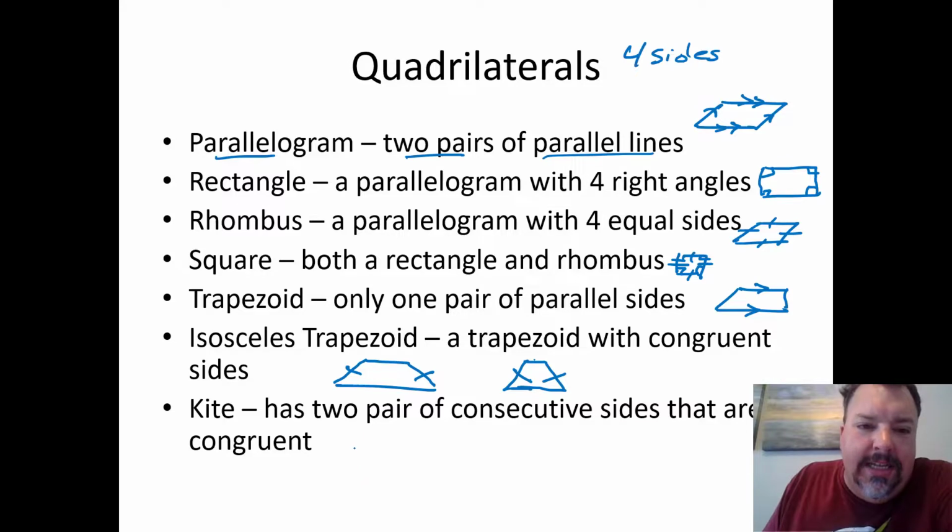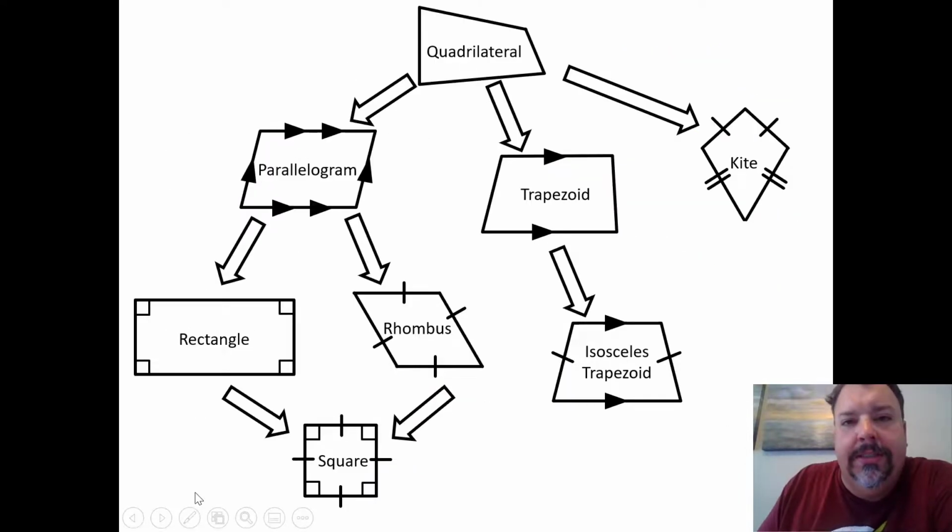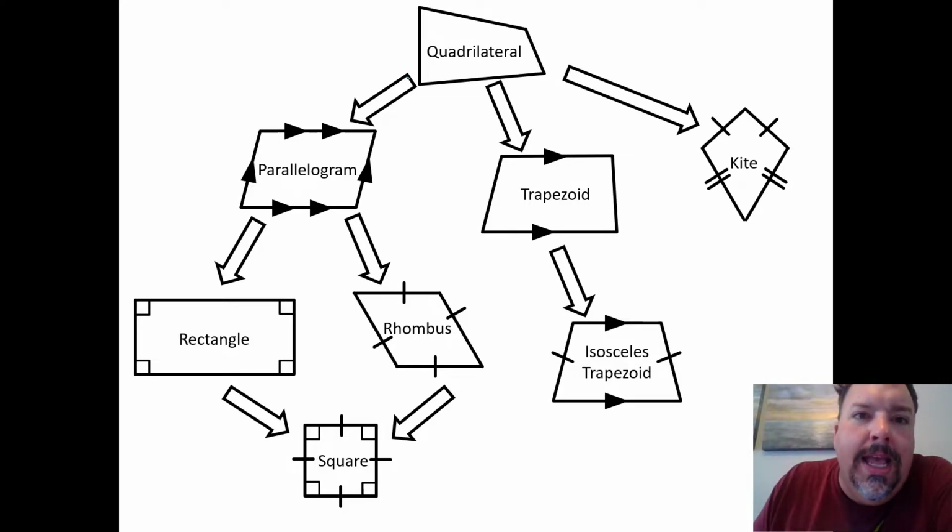And then a kite has 2 pairs of consecutive sides that are congruent. So these sides down here would be congruent, and these sides up here would be congruent. So here's a little bit better picture, tree diagram or Venn diagram. So at the top here, all 4-sided figures are quadrilaterals. And then as we go to left and down here, we get more specific. A parallelogram has 2 pairs of parallel sides. You can see they're marked parallel. From there, you can have parallelograms that are trapezoids, or